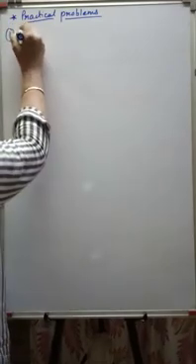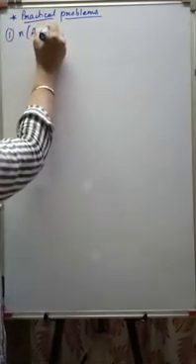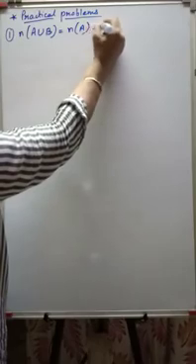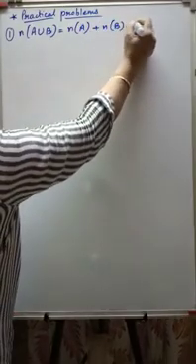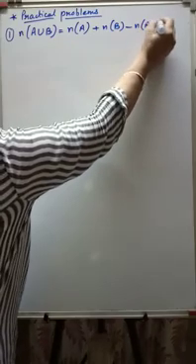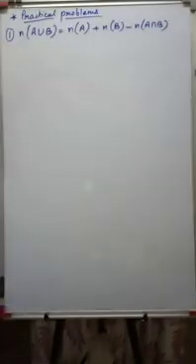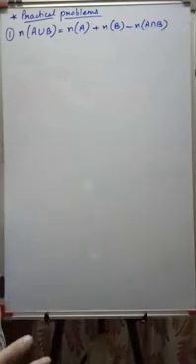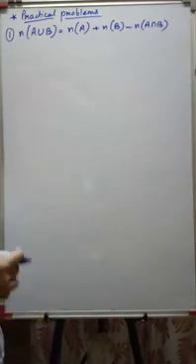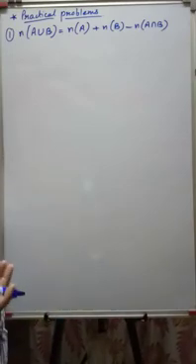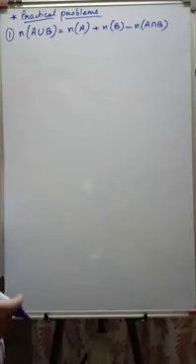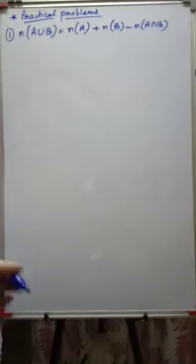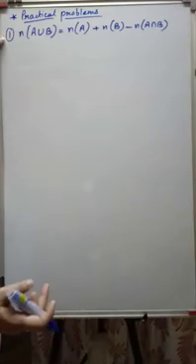The first formula is n of A union B is equal to n of A plus n of B minus n of A intersection B. What are A and B? A and B can be anything. It can be the number of players playing football, cricket, or set A can be the number of people studying newspaper A, set B newspaper B, and then you need to find it out. So that is formula number 1.